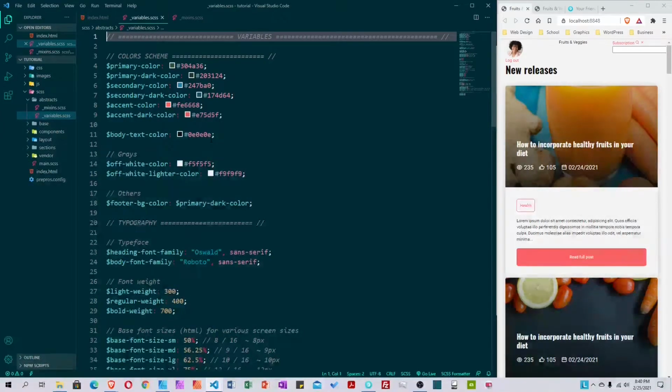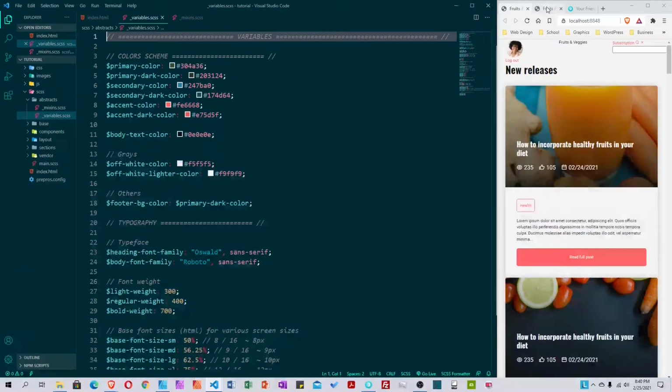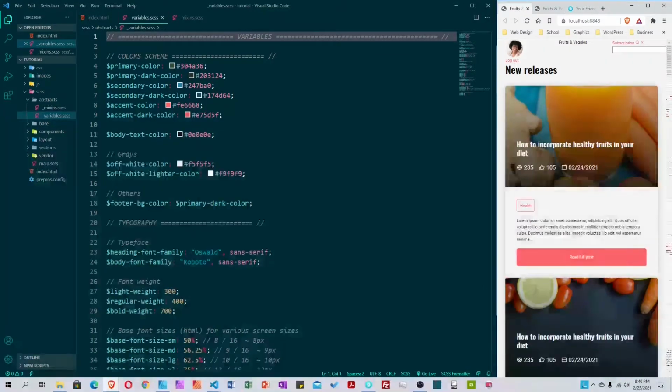Like I said in the introduction, this is part 2 of this tutorial series. In part 1, we laid out the HTML for this website. This is the final project right here, that's how it looks like. So in this tutorial, we'll be adding the CSS and the JavaScript to make it responsive and everything. I already have my Visual Studio Code open with the files. If you want to follow along, you can open it up. I will go over the SASS